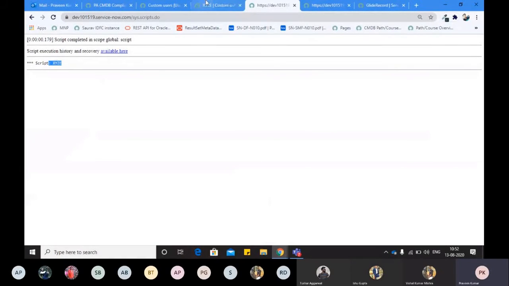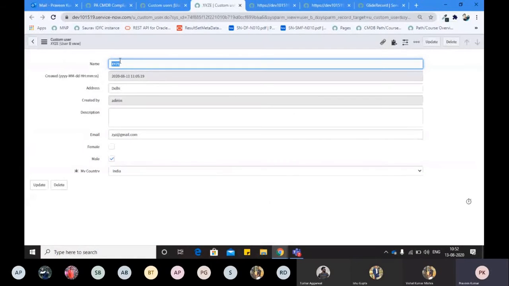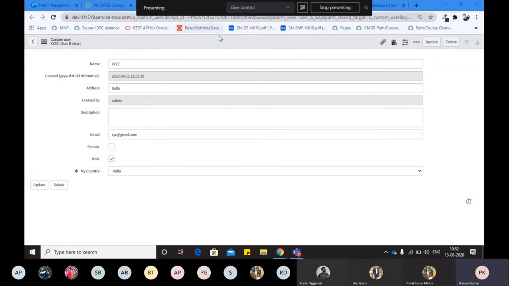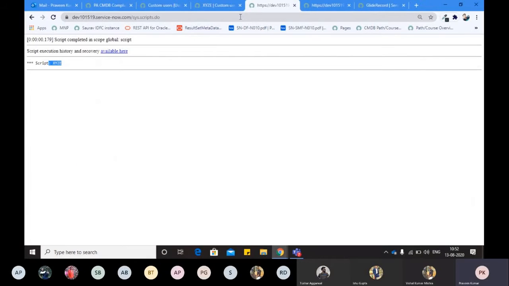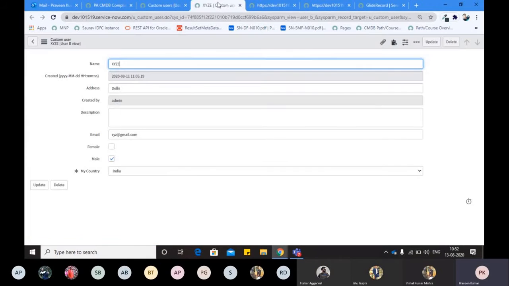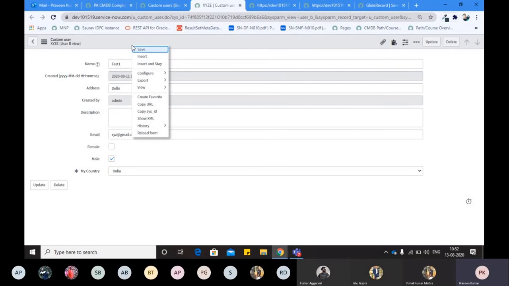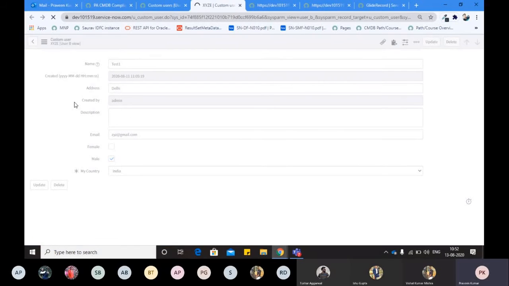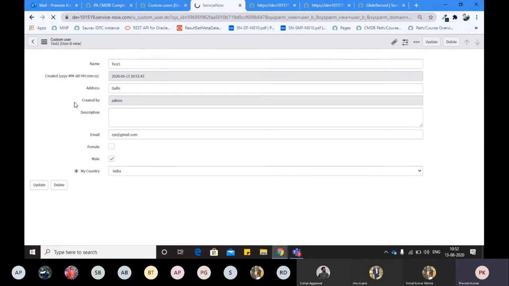My god, it is running, right? So XYZE, we have printed the name. For example, if I am having multiple records, because I am using a while statement here, all the records will be printed, right? So let me create some more records here, and then we will see how many results are coming and some different options as well.